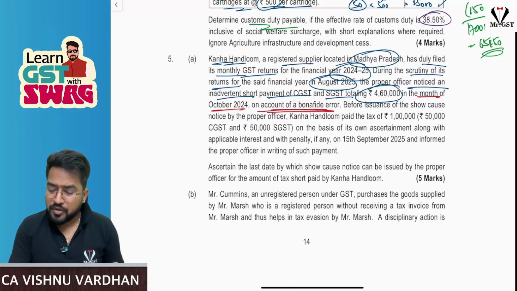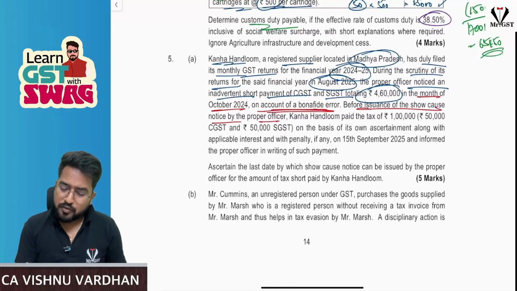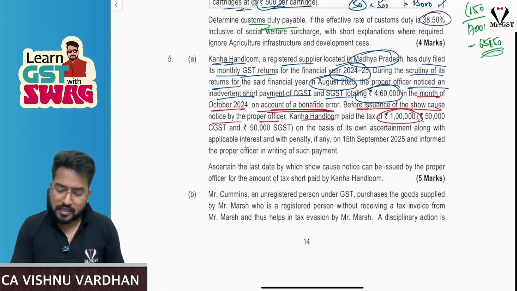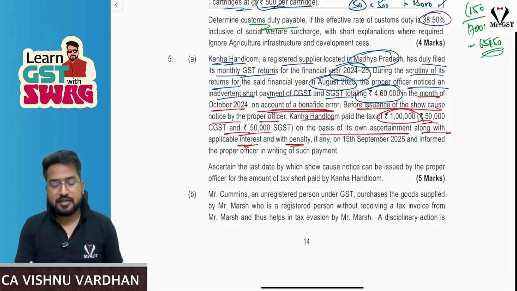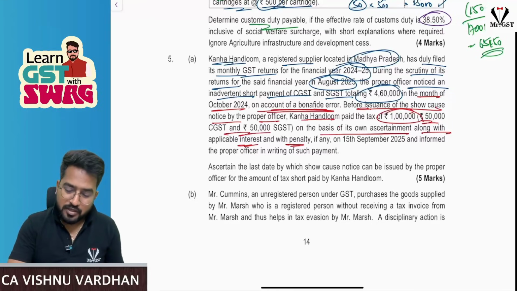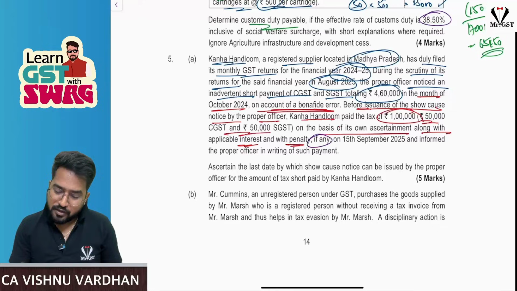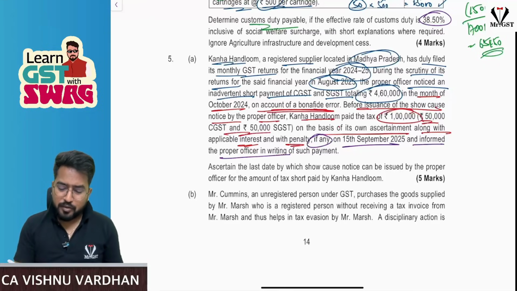That is important here. Before issuance of show cause notice by the proper officer, Kanna Handloom paid tax of 1 lakh, that is 50,000 and 50,000 both, on the basis of its own ascertainment, along with applicable interest and penalty, if any. On 15th September 2025 they did this